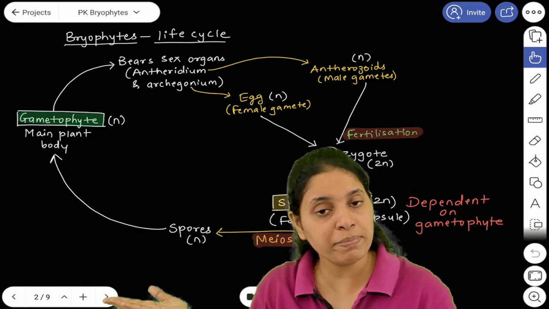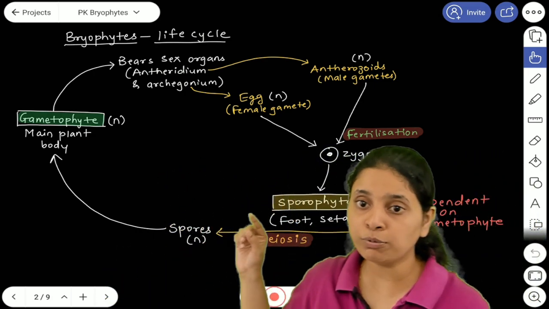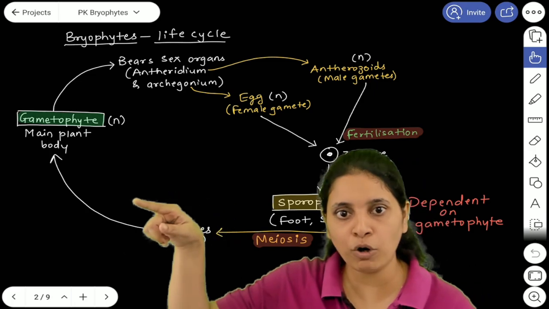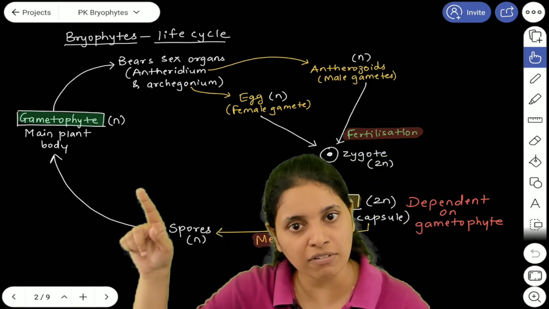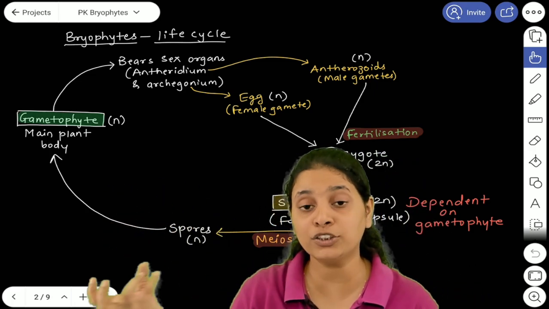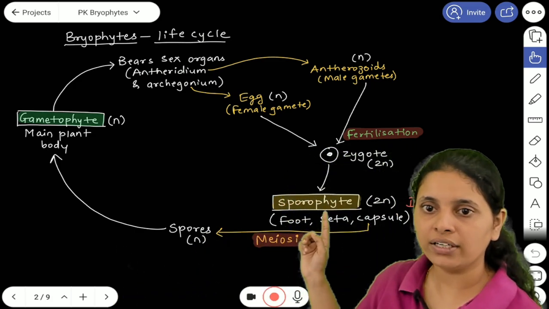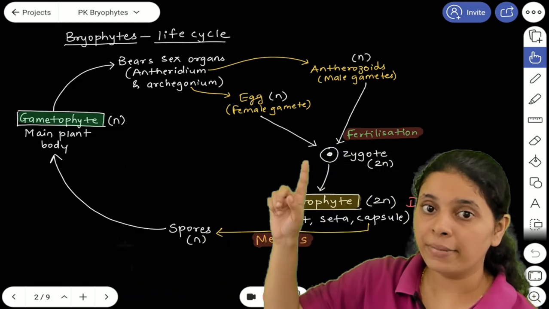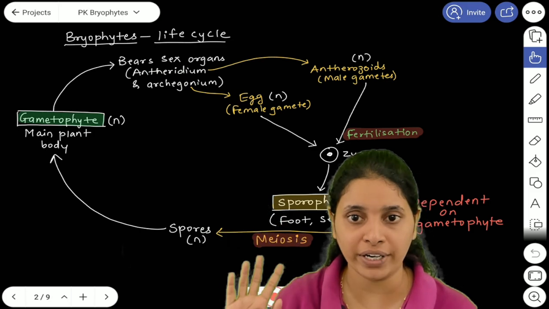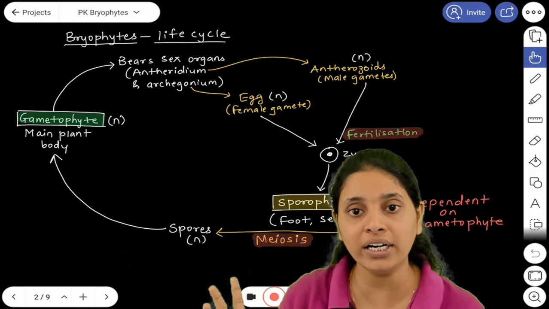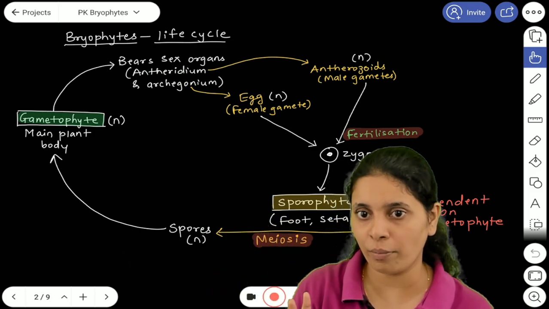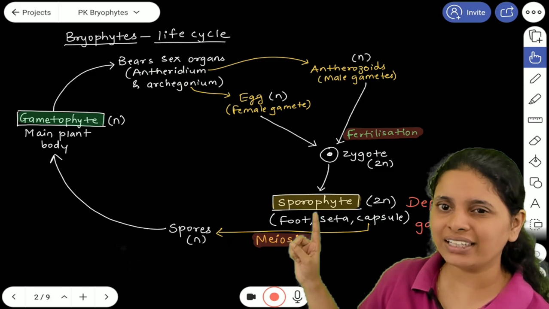गैमेटोफाइट तो वैसे भी इंडिपेंडेंटली सर्वाइव कर सकता है और जब स्पोरोफाइट ग्रो हो रहा है उस टाइम भी you will have the gametophyte still surviving, right? Yes, because it has to, the gametophyte has to give nourishment to the sporophyte. So main plant body जो है gametophyte, right, and mainly the haploid structure ये dominant है, but sporophyte एकदम negligible